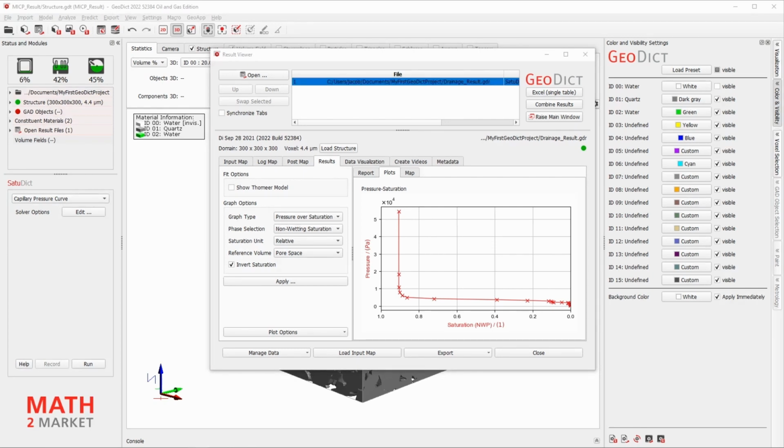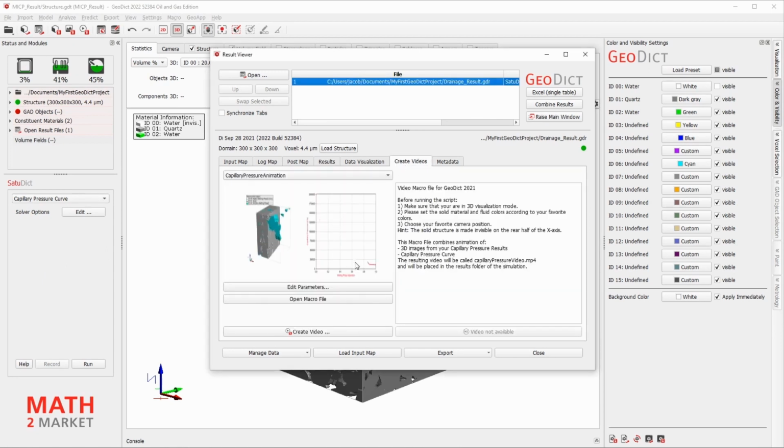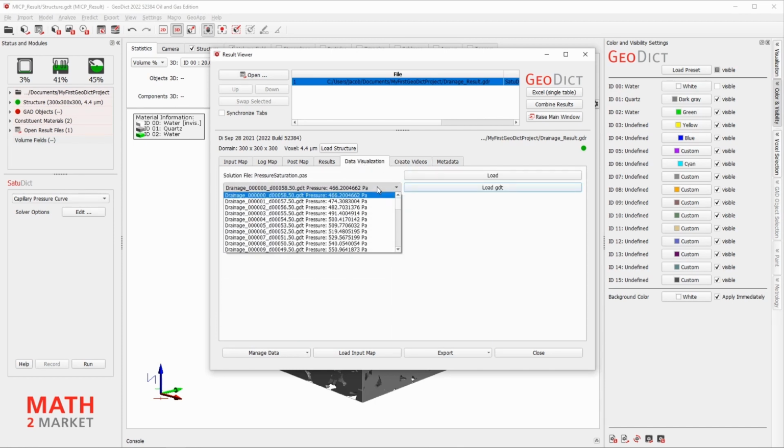As well as in the MICP app, you may visualize the results by creating videos or loading the GDT structure file at a certain pressure step.